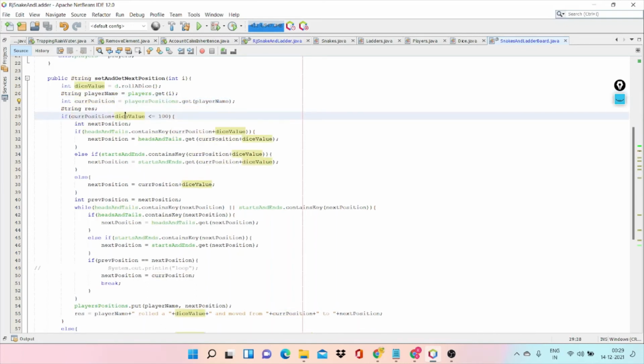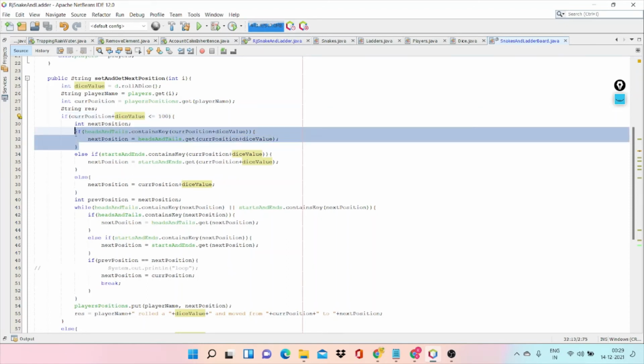If the current position is initially 0, plus the dice value is 4, as 4 is less than 100, which shouldn't exceed the range of the board, then we need to enter into this if block.